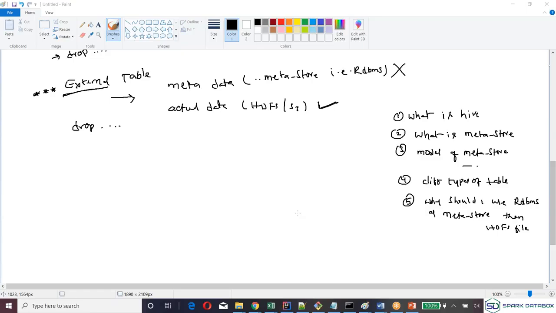How do we know which RDBMS we are using for storing our metadata information? Without that information, how will Hive work? In Hive, there is a site XML. Like we have core-site, hdfs-site, and sqoop-site, which we have seen so far, similarly there is something called hive-site.xml. In that XML, we specify all this information: what the RDBMS is, what the database name is, and what the username and password are.